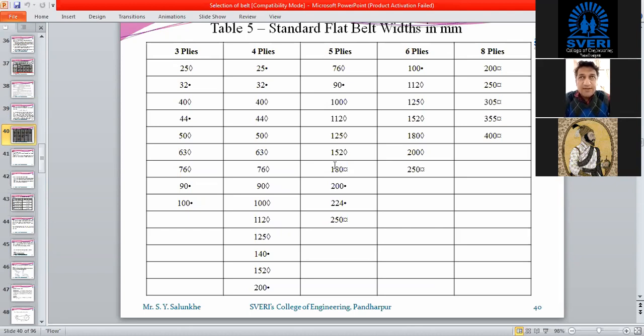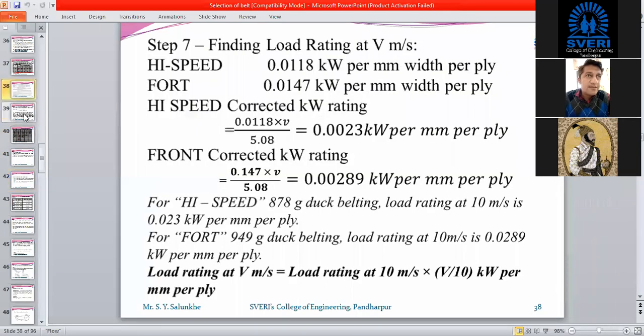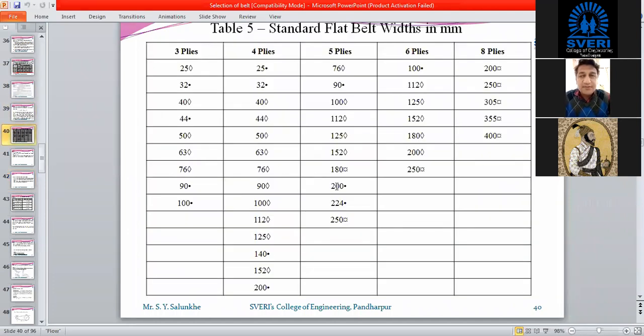So once you calculate this width, we have to refer to the table provided by the manufacturer. In this table, you can see for 3 plies what widths are available, for 4 plies, for 5 plies, for 6 plies and for 8 plies. We don't have a 7 ply belt.